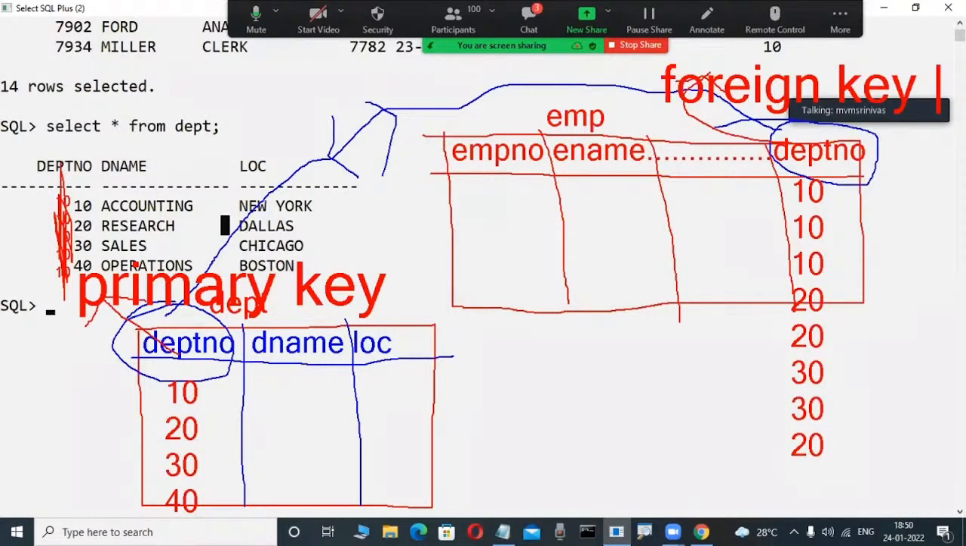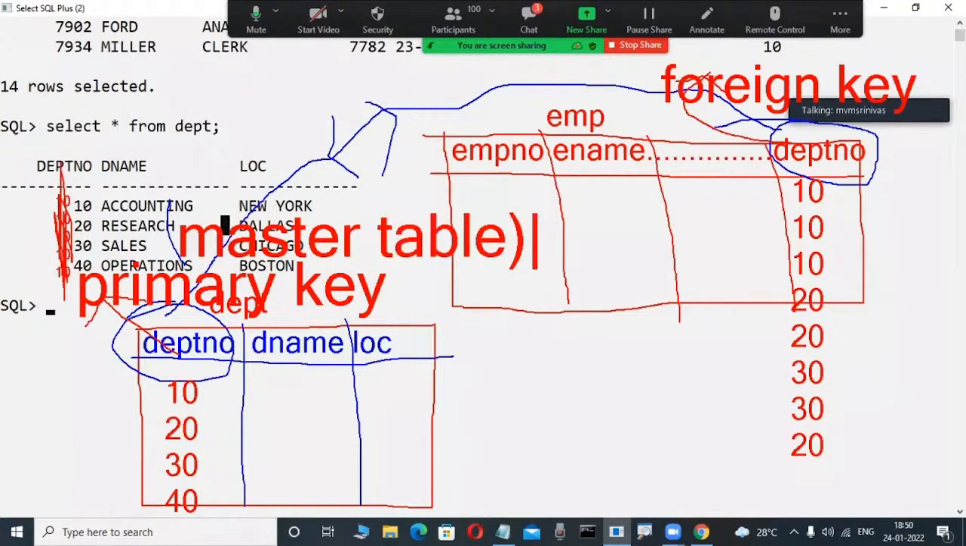Okay, fine. Whenever a table having a primary key is related to another table's foreign key, this primary key table is also called the master table. Observe here, master table. This is a master table. That's why the table where the primary key is available is called the master table. Again, where the foreign key is available